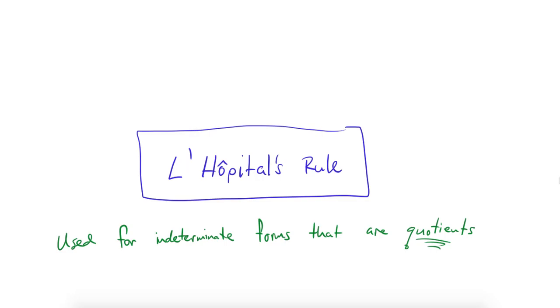In this video, we're going to be talking about L'Hopital's rule, which, as you can see written here, is used for indeterminate forms that are quotients. So let's just talk about that for a second. There are a lot of indeterminate forms. The most common is